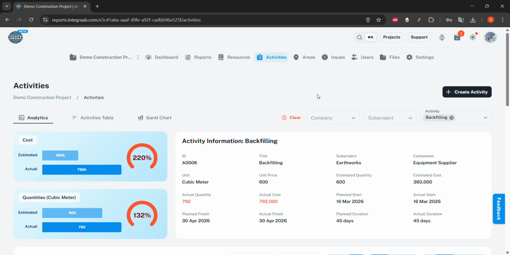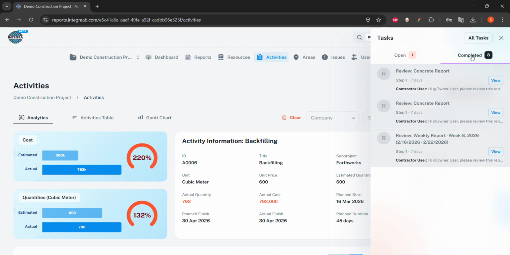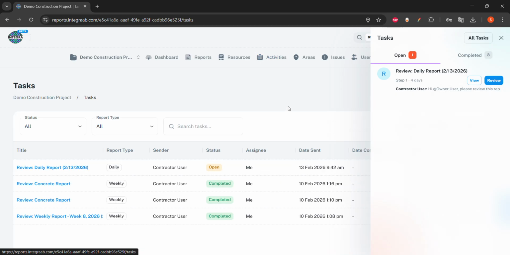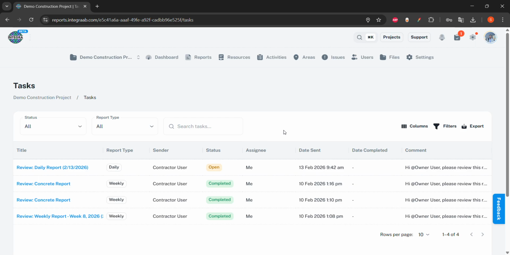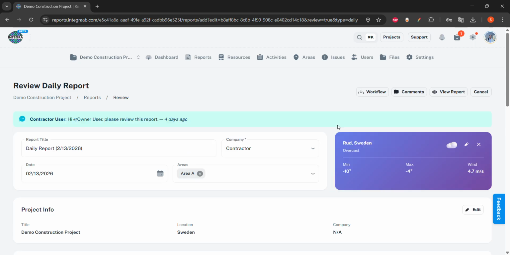Other things that we can do in the project, if I have any task that looks like this, I can view the report that is sent to me, and I can see the completed tasks, and I can also look at all tasks in the project if I am project manager, seeing who sent those tasks and since when it is with that person, what is the comment also. And then if I have to review anything, when I click review here, the report that is sent to review to me